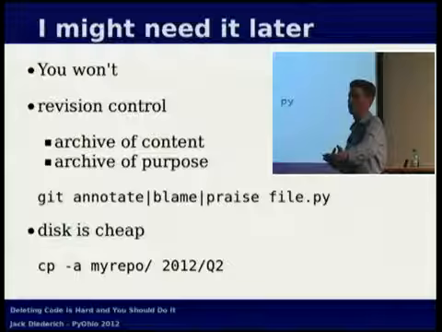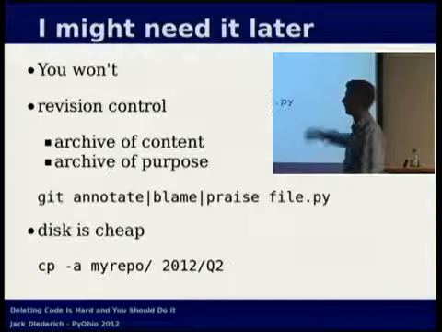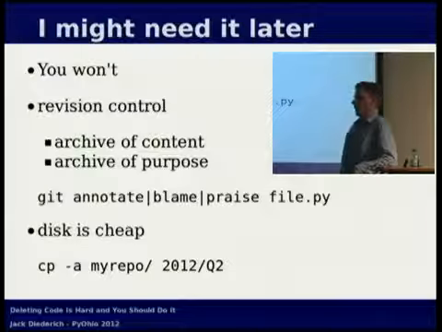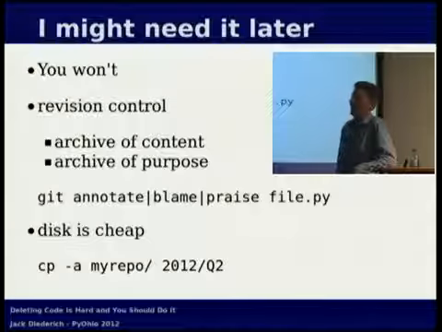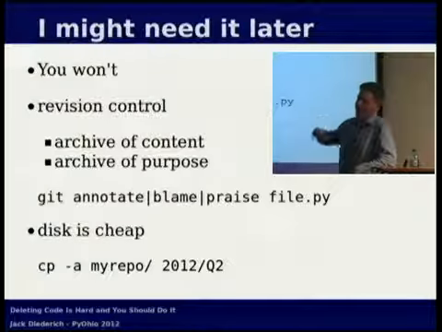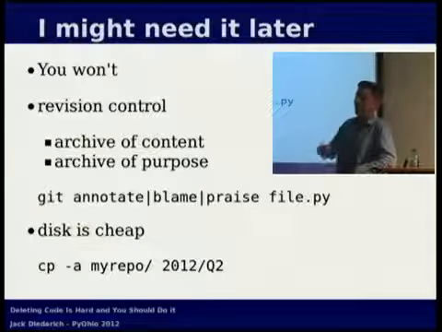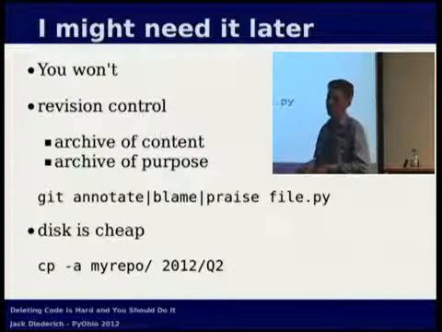So then you do git show. It shows you the whole commit. You get to see the commit message. That's the important part. That's the archiving of purpose. Nine times out of 10, that message will be "white space change," which is always disappointing. So then it's not terribly hard to go even further back and look at the parent of that commit until you actually find the place where someone said, I am adding this because.